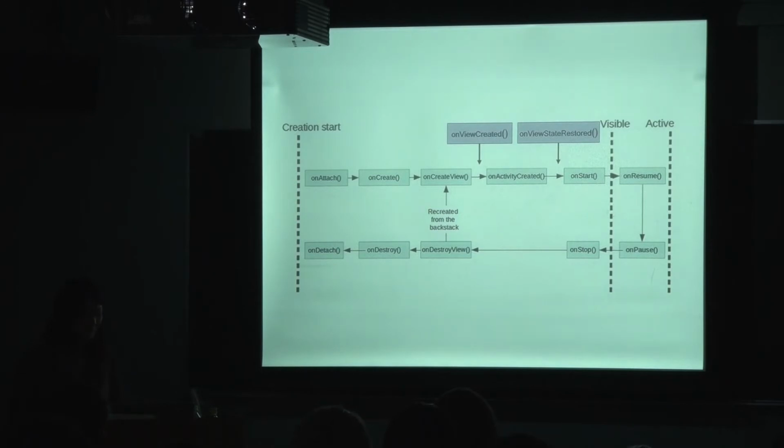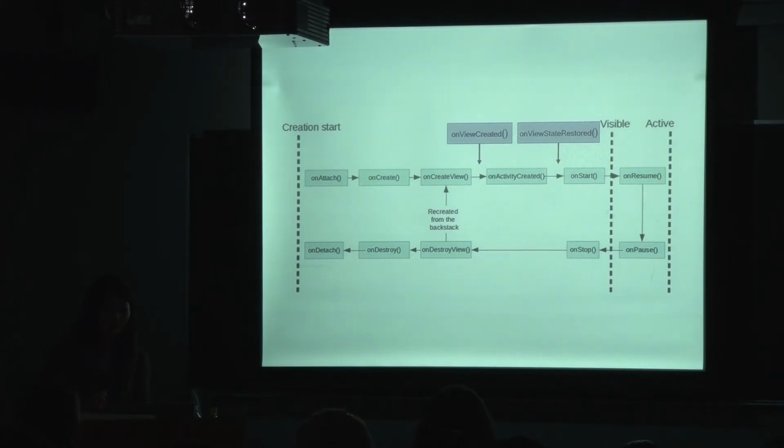So I'm just going to go through a couple of these, some of the creation callbacks. The first one shown here is onAttach, and depending on whether or not you added your fragment statically or dynamically, onAttach will be the first callback you'll receive if it was dynamically added. Otherwise, the first one is actually onInflate if you statically added your fragment. Once this callback is received, you're no longer able to call setArguments. So don't try to do that. You need to do that beforehand.